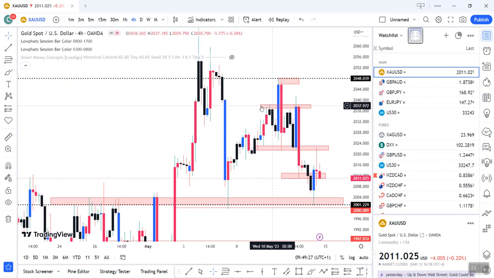The black signifies the Asian session. The blue signifies the London session, while the red signifies the US session. That's how I set up this chart. And if you look at this, the US sessions are in red. So basically, this is a zone they traded,